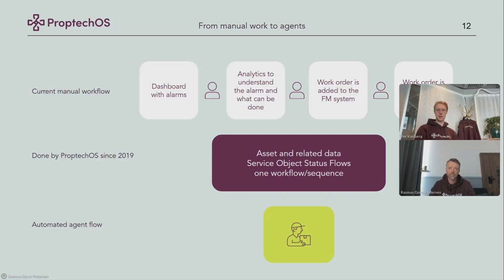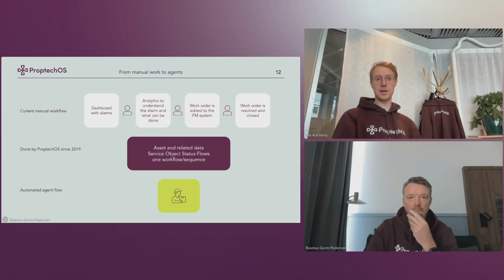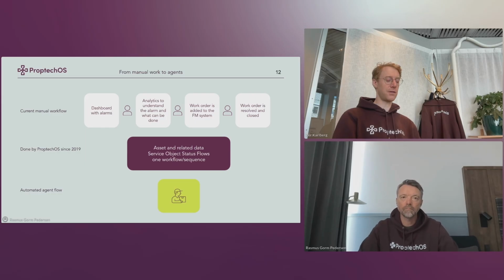One is, of course, that agents can change configurations and set points and control systems. But the other one is to create, change, or update these service objects. So whether it's closing or changing the status of an error report, reprioritizing an alarm, or creating a work order for something that an agent has identified, this is the way to